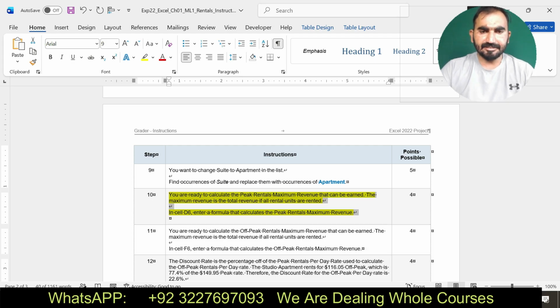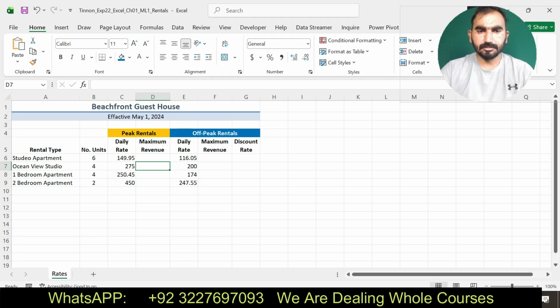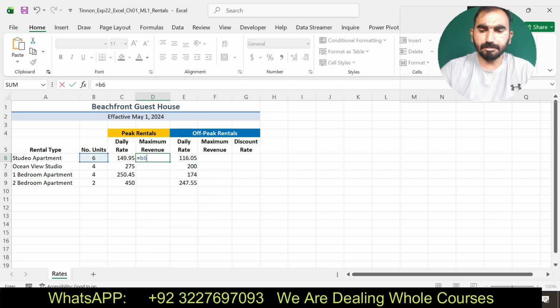It says inside D6, enter the formula to calculate the peak rental revenue. Okay. D6.